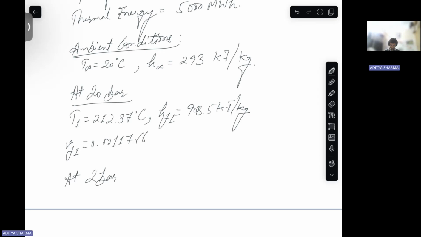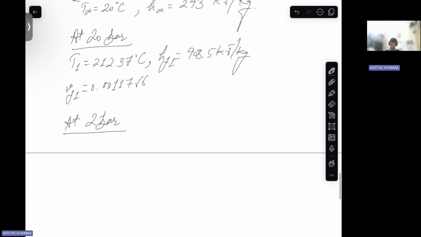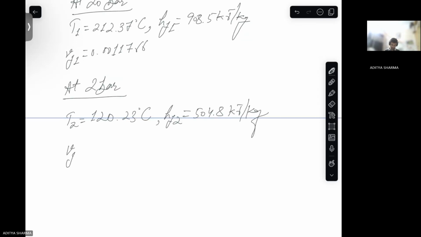At 2 bar, what is the information given? T2 is, specific volume is,